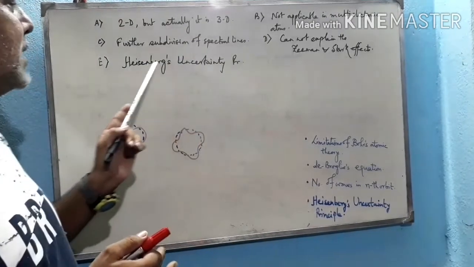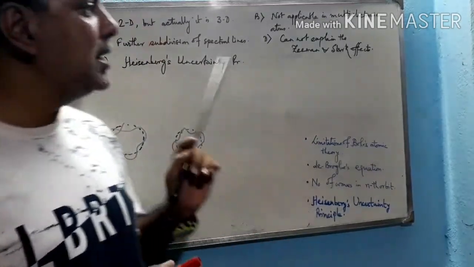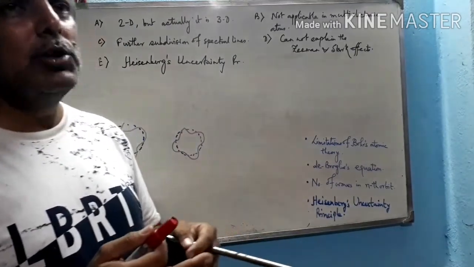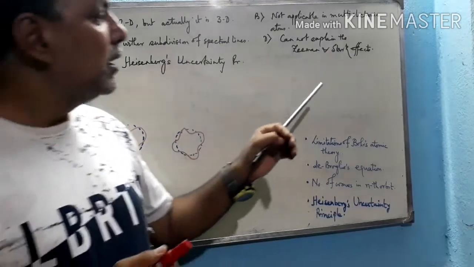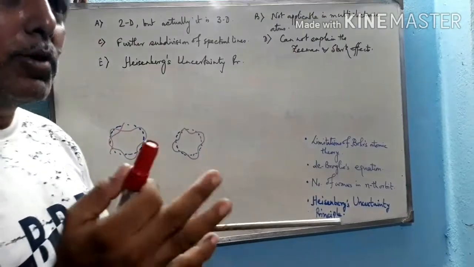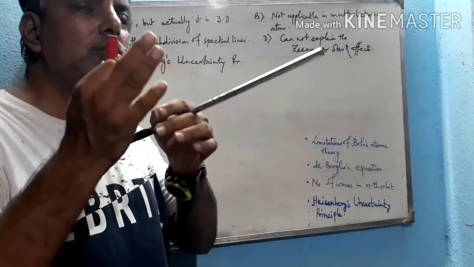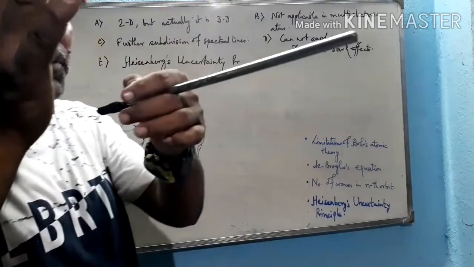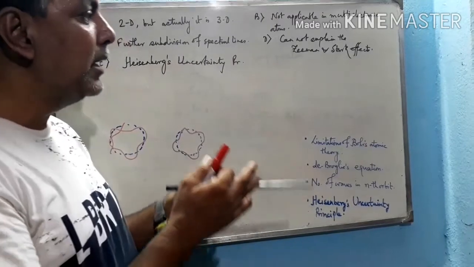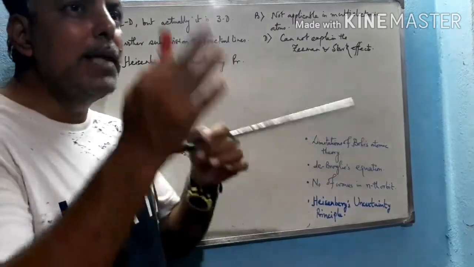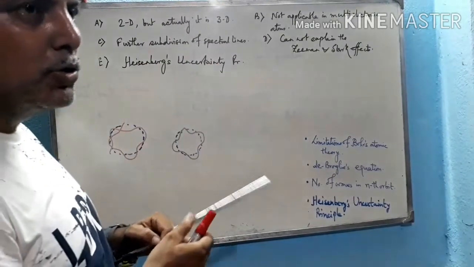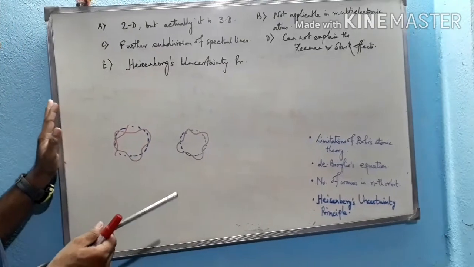Now, the last point is Heisenberg's uncertainty principle. What does it conclude actually? Suppose this is a board, and light, that means photons, strikes it. Now a photon has energy. If we blow a 1000 watt bulb here, the energy striking this surface per unit time, that means per 1 second, will be very high. But that amount of energy is not sufficient to move this board from here to there. So a mechanical force we have to apply to move this board.